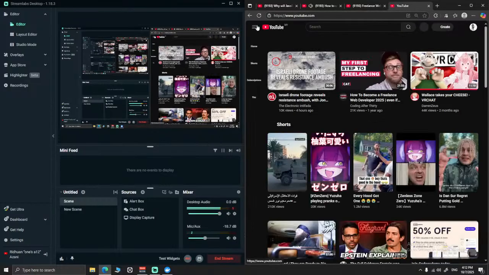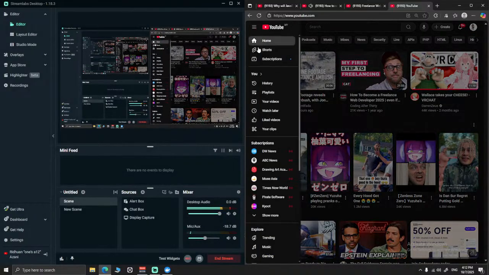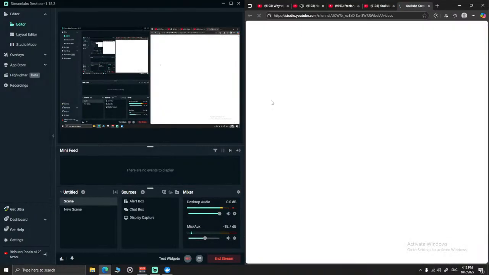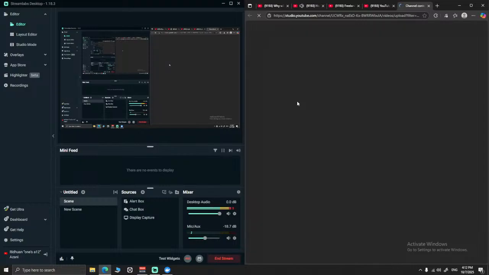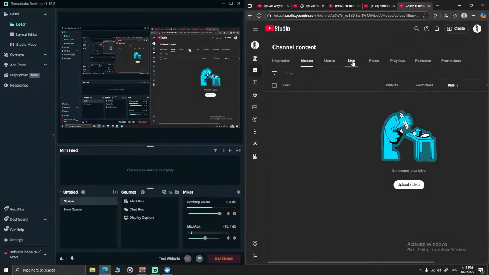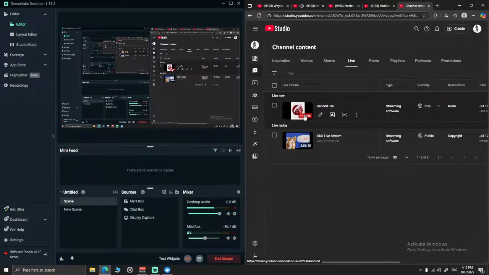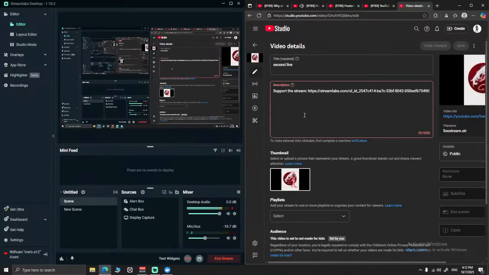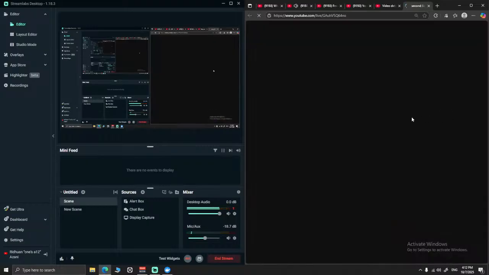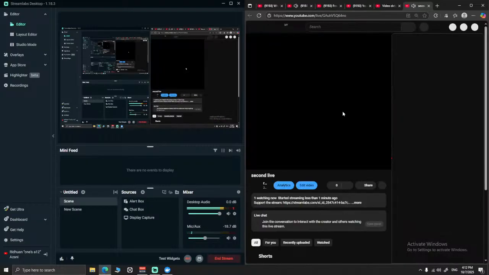But the good news is that adding these to your stream works pretty much the same way across all of them. So as an example, let's click on the widgets tab here and choose Chatbox, which will display all of your chats on screen. Click on add source and name it whatever you want. We'll just leave it as Chatbox. And now you can customize the way it looks, change the delay, disable the animations, pretty much the same way